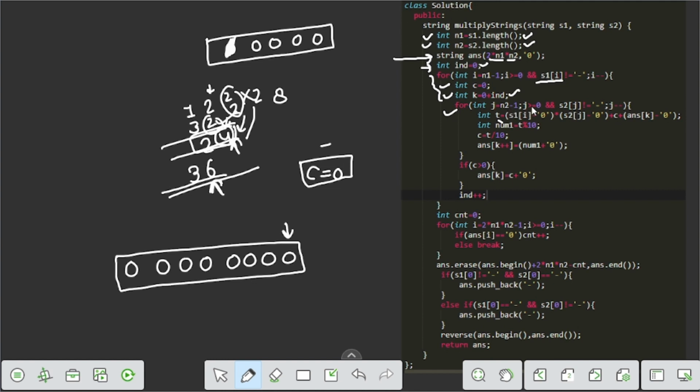For this for loop we iterate over the next string, j from n2 minus 1 greater than or equal to 0, and again check s2 of j is not equal to negative sign, and j minus minus. We create a variable t which multiplies the s1 number and s2 number. Why s1 of i minus 0? We want the number of that particular character, not the character. So s1 of i minus 0, s2 of j minus 0, and we add the carry, and we also add the answer string,